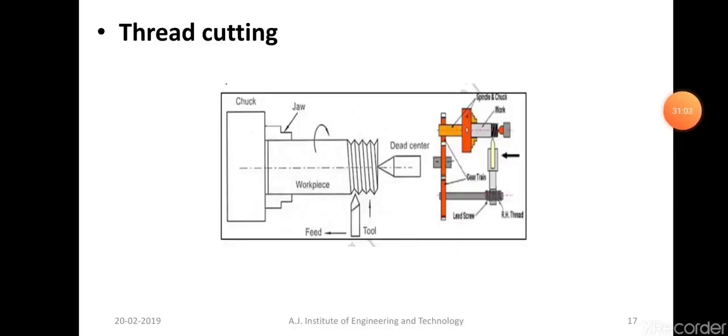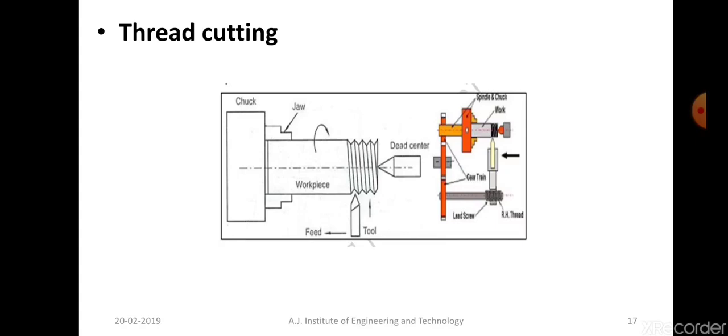Okay, I'm sorry, I just made a mistake there while explaining. When you connect it to the gears, it will be connected to the lead screw, and otherwise, for operations such as turning, facing and others, generally it will be connected to the feed rod.